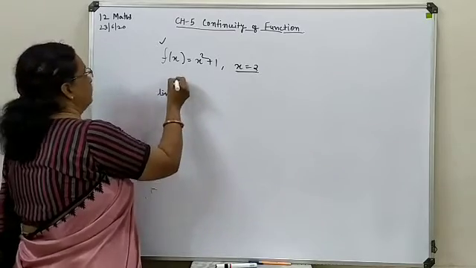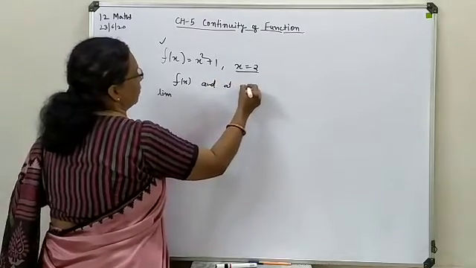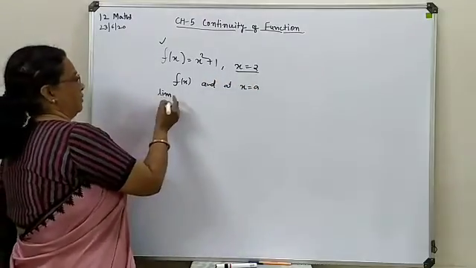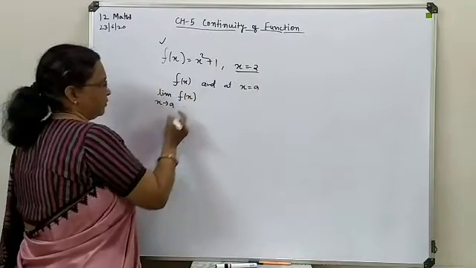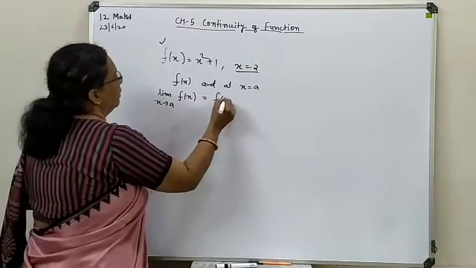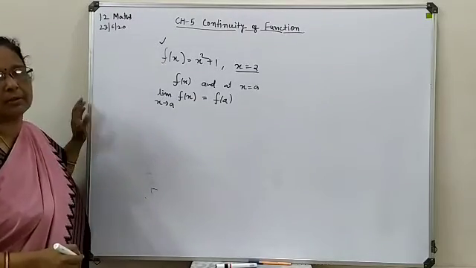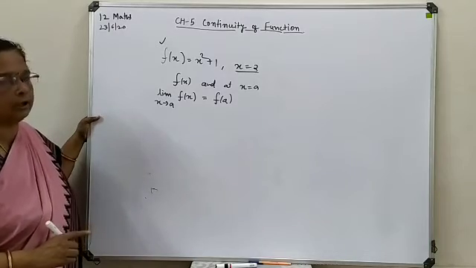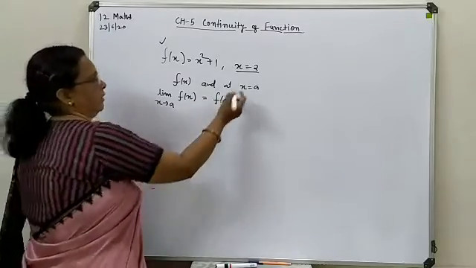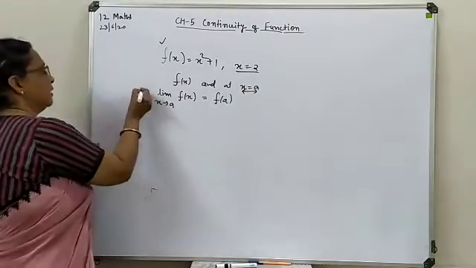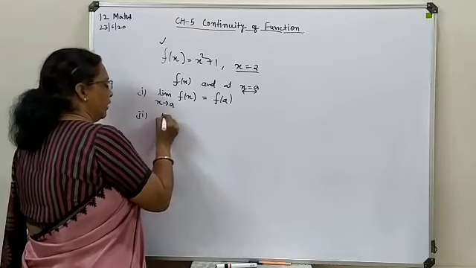the limit value. Suppose in general a function is given and at x equal to a, you are checking the continuity of the function. So what will you do? You will first find the limit as x tends to a of f(x), and this is to be compared with the function value. In most cases these two come out the same, but there are some cases in which these two are not the same. Then your function will not be considered continuous at the given point. This is one method you can implement. One more method can also be implemented, which we have written in terms of the limit.